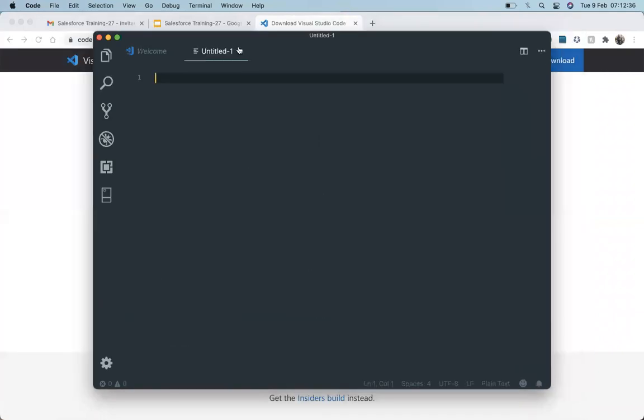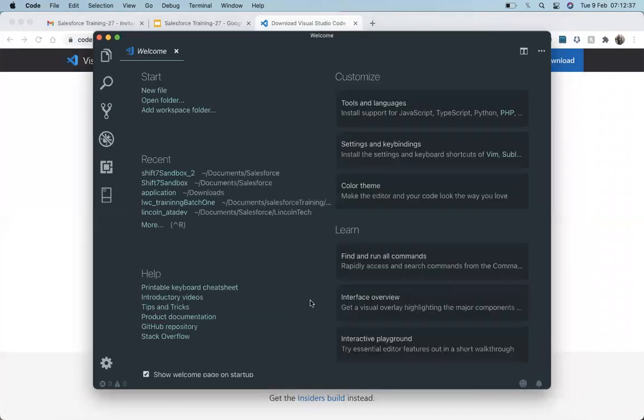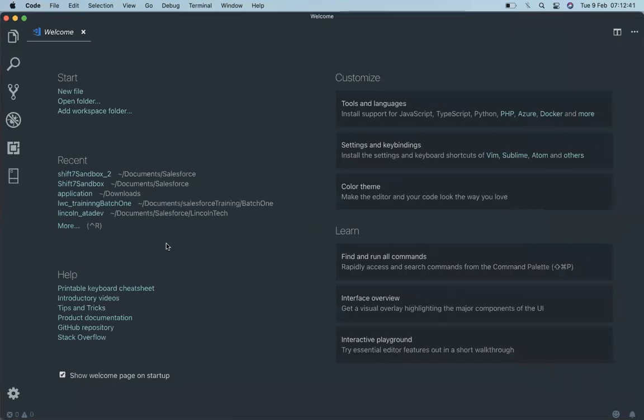This kind of UI you will see once it has been downloaded.